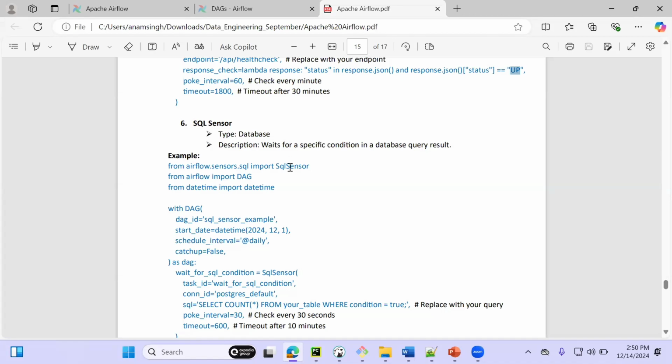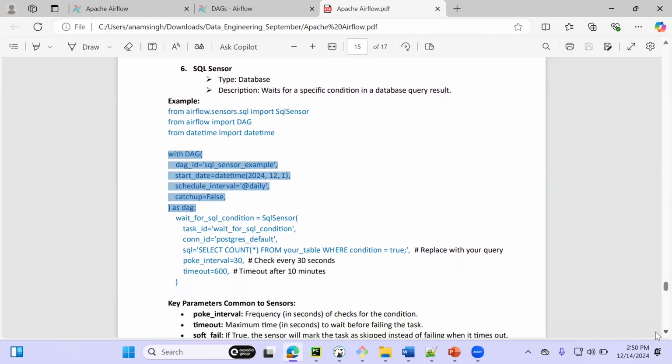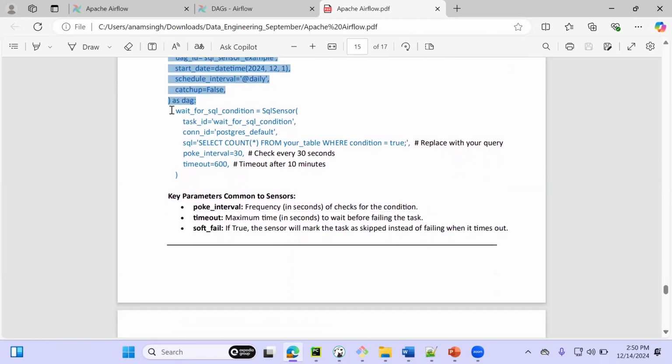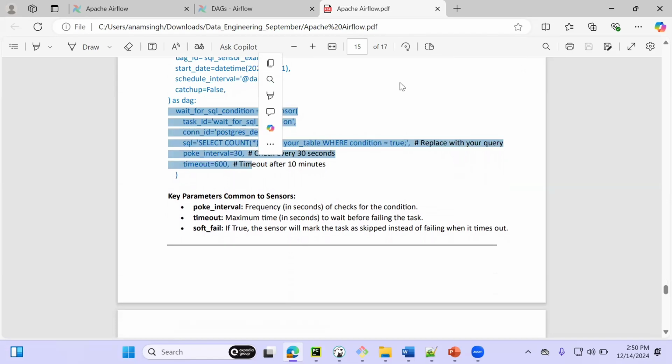Then for the SQL sensor, you have to import the SQL sensor, import the DAG, and take the datetime. Then, in a similar way as above, you have to create the DAG. And once the DAG is created, like the file sensor and time sensor, you have to create the SQL sensor, where you can provide all the details like the SQL condition,